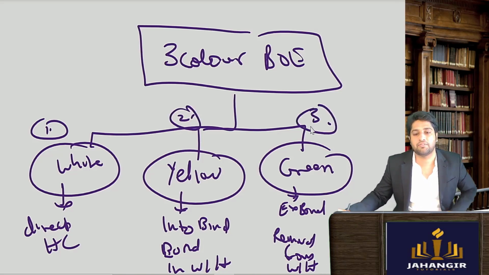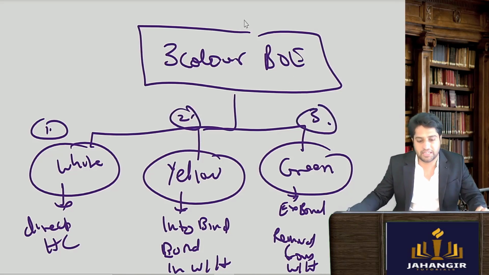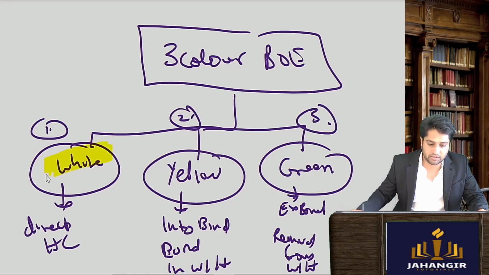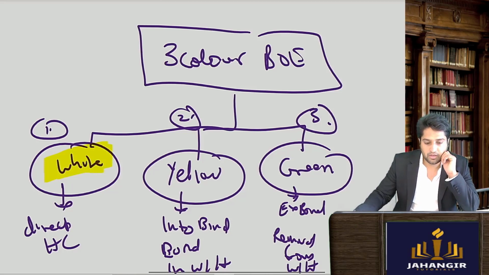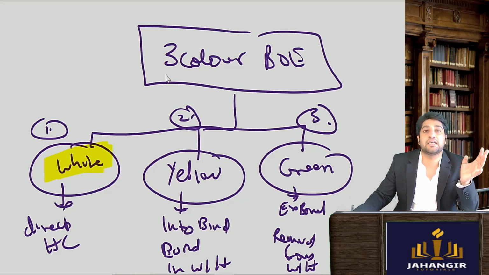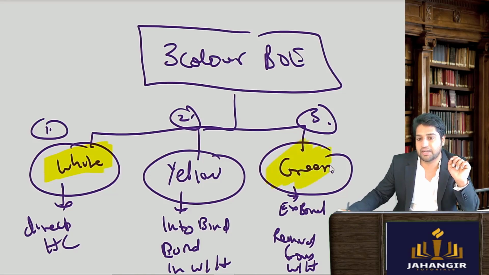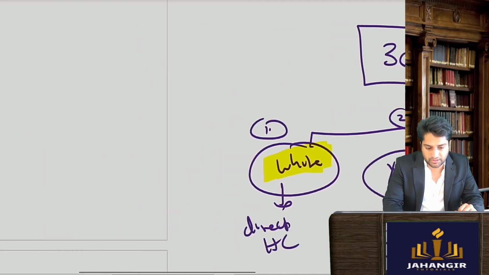Can you tell me, when it is going directly for home consumption, we will take the rate prevalent at the time of filing the white color bill of entry. Next, if it is warehouse goods, then the rate prevalent at the time of filing the green color or ex-bond bill of entry is going to be taken into consideration.